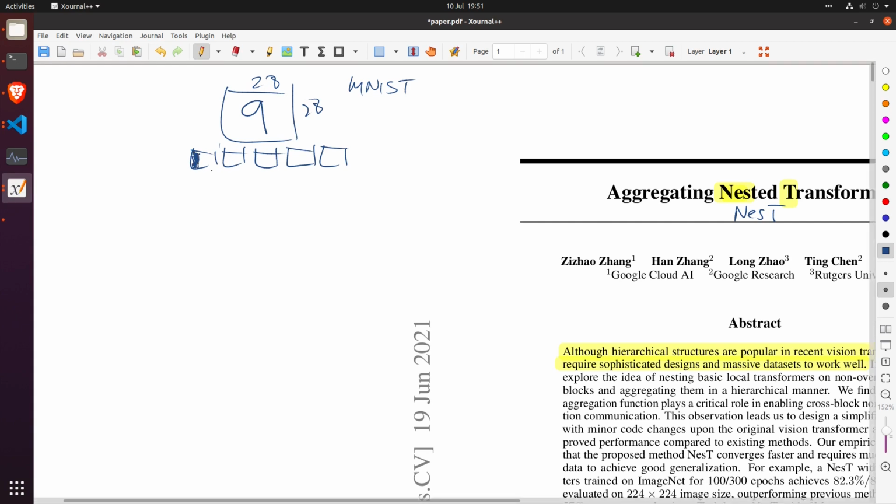So maybe you'll get a filter that's designed to capture vertical edges, one that's designed to capture horizontal edges, one that's designed to capture corners, and then when you actually look at the feature maps that come out of this,